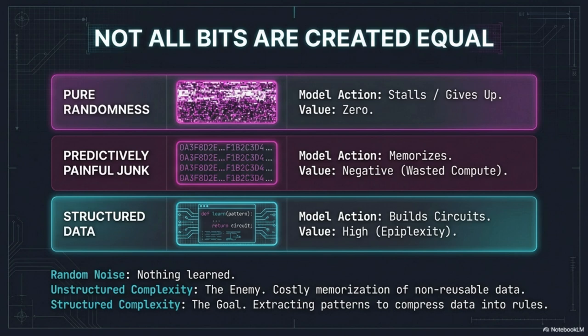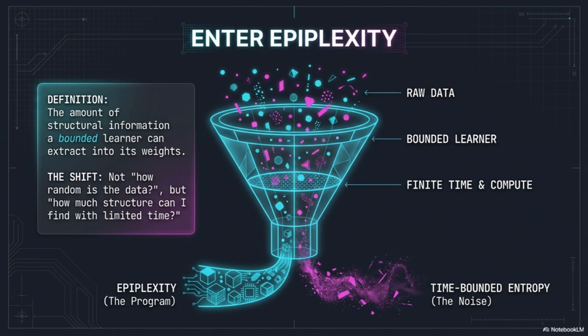Hold on, let me challenge that for a second. If the model just memorized a massive list of, say, hashes or IDs to reduce its loss, why isn't that information under this new definition? I mean, it's still learning if it's minimizing the objective, isn't it? Yeah, that's a great question. And yes, it is learning, but it's learning something fragile, something non-reusable. If the model memorizes 10 million unique file paths, it minimizes the loss on that specific data, sure. But the internal machinery it builds is just a giant lookup table. It's useless for predicting anything else. Epiplexity is all about the bits that represent the program, the reusable skill, not the data it memorized. I see the distinction now.